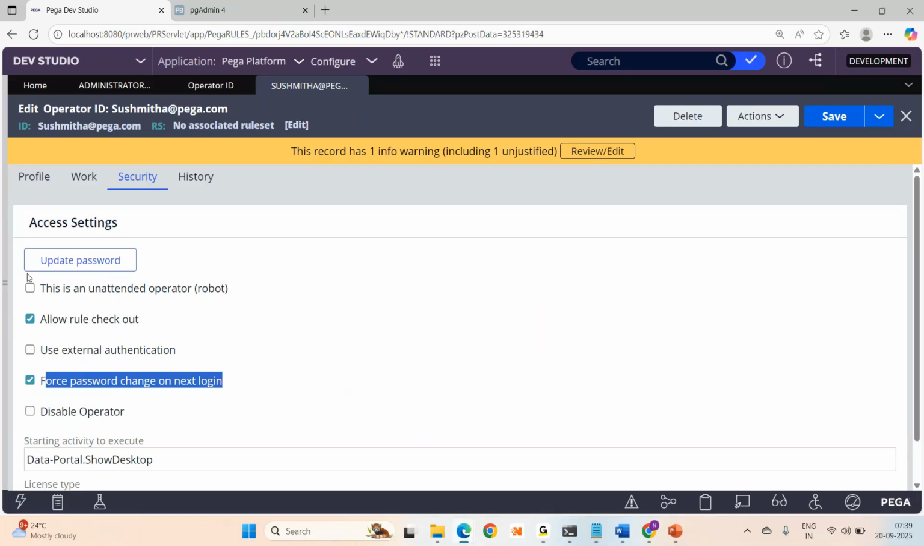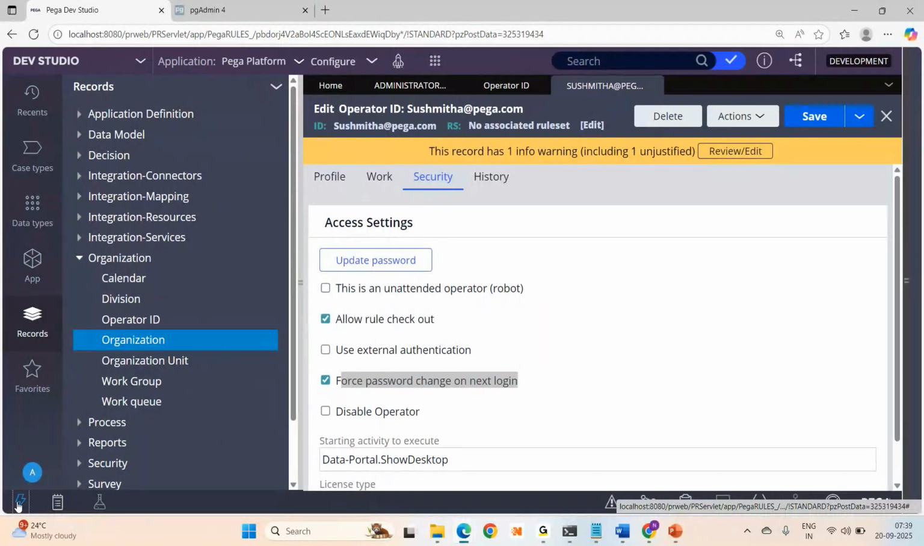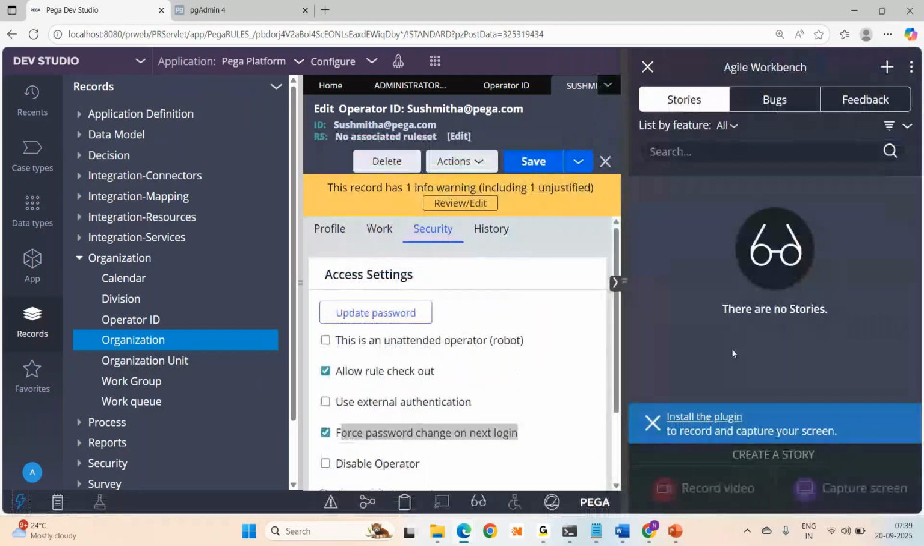But as I have shown you in the last session, we also have this agile workbench in Pega where you can actually create your own stories and bugs. It's just like Jira, you can use it. But in real time, at least big projects or big companies are not using it. But small startups, instead of buying Jira,